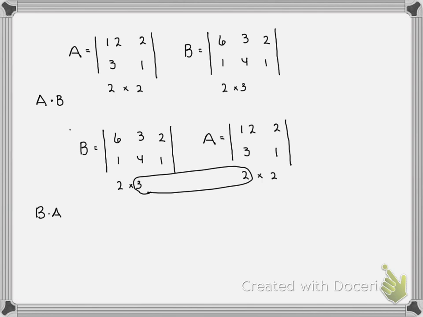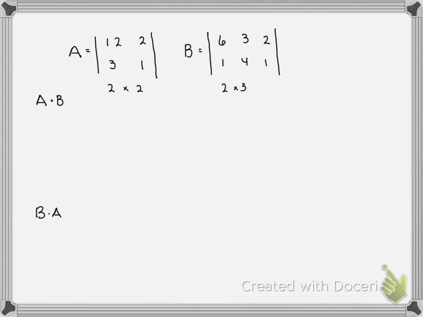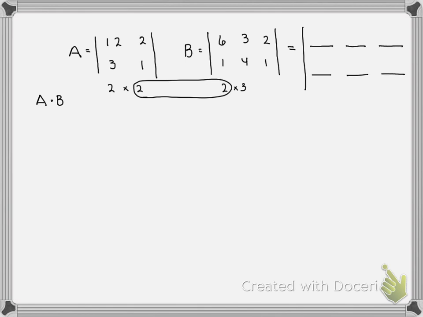So that's how you can determine, again, whether your multiplication is allowed or not. Okay? So now that we know that we can multiply A times B, we're going to do it. Because these two numbers match, our solution matrix is a 2 by 3. 2 rows, 3 columns. Okay, all right. So let's start at the upper left and work our way, keeping in the same row, 1 column across each time. So row 1, column 1,